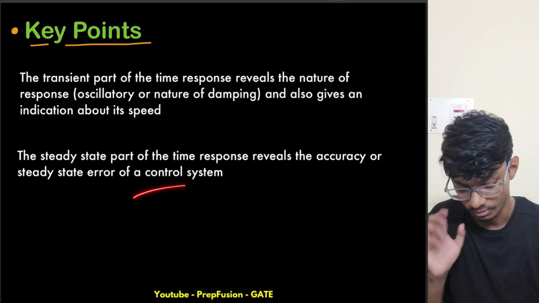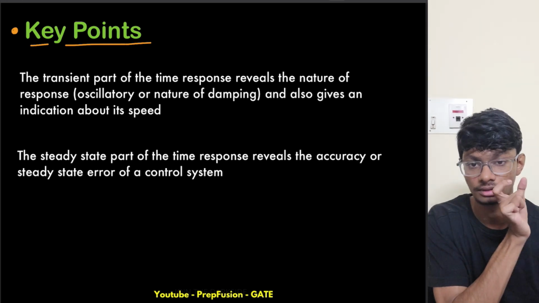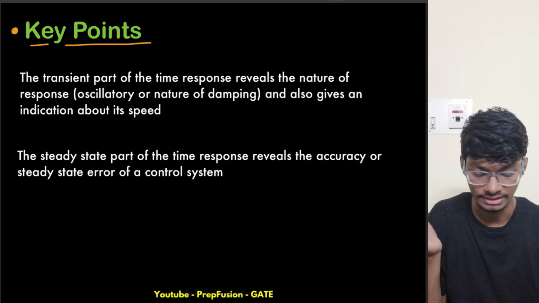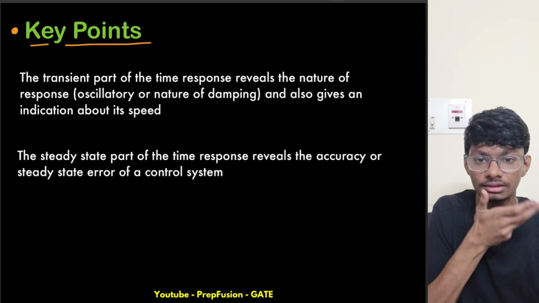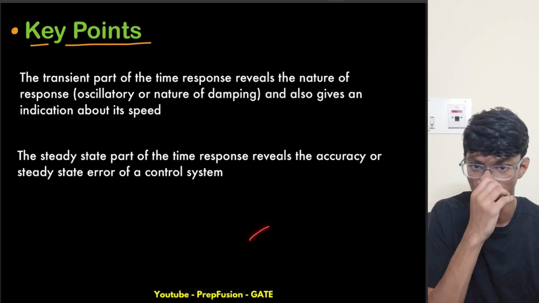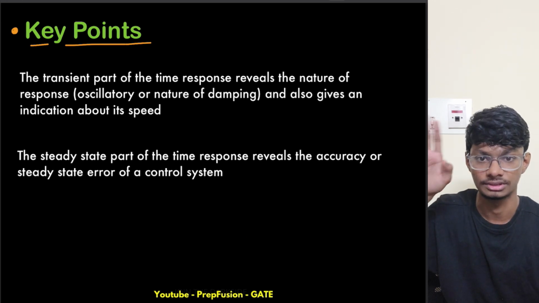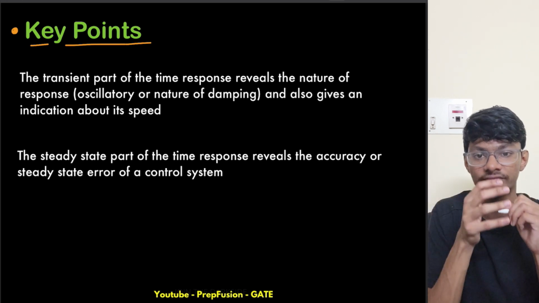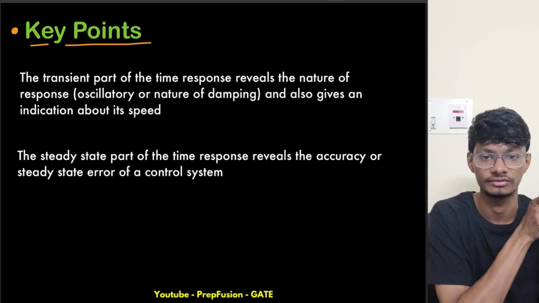So yeah, I hope you understand. The steady state part gives the error, because during the transient, how will I find out the error? Because that is not even reciprocating what I want, right? Transient is fine because initially my room temperature was 30 degrees and I wanted 24 degrees, so it will go very fast to 25 degrees, then it will slow down,